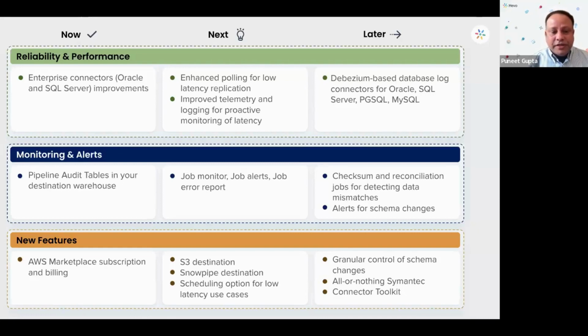In terms of new features, now we're going to give you a marketplace subscription and billing for AWS. Next, we're going to give S3 as a destination. We are also going to add Snowpipe. So if you want to have a very low latency use case and want to stream data, let's say from an Oracle redo log directly to Snowflake, you will be able to do that using our Snowpipe and Oracle redo log